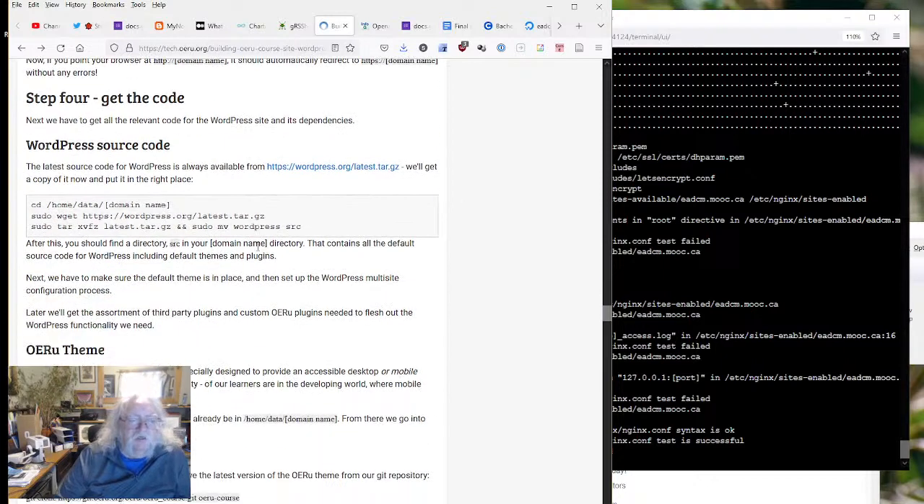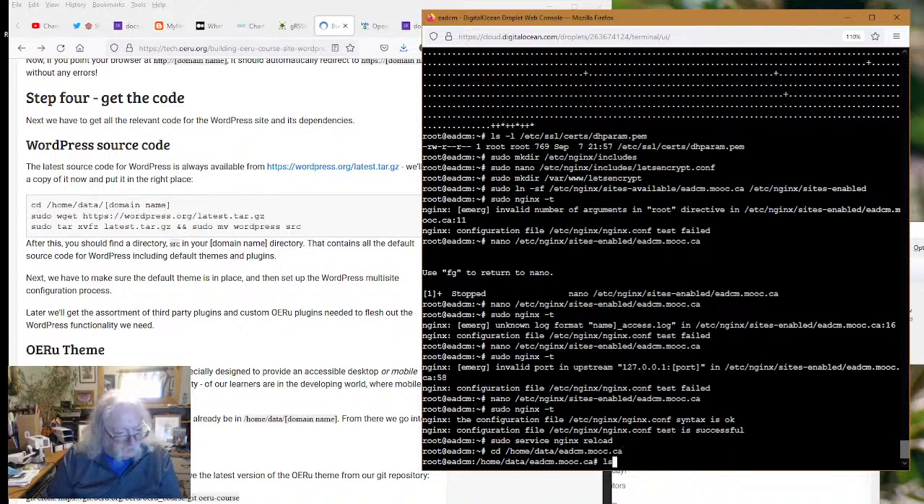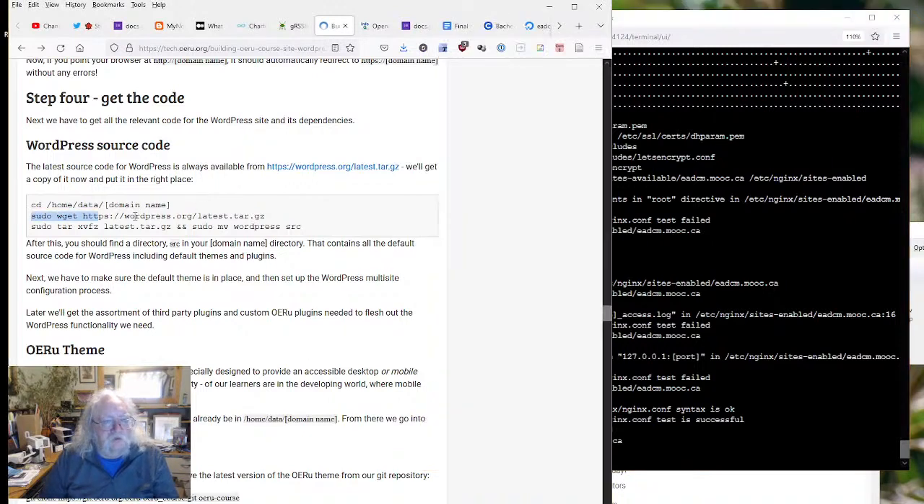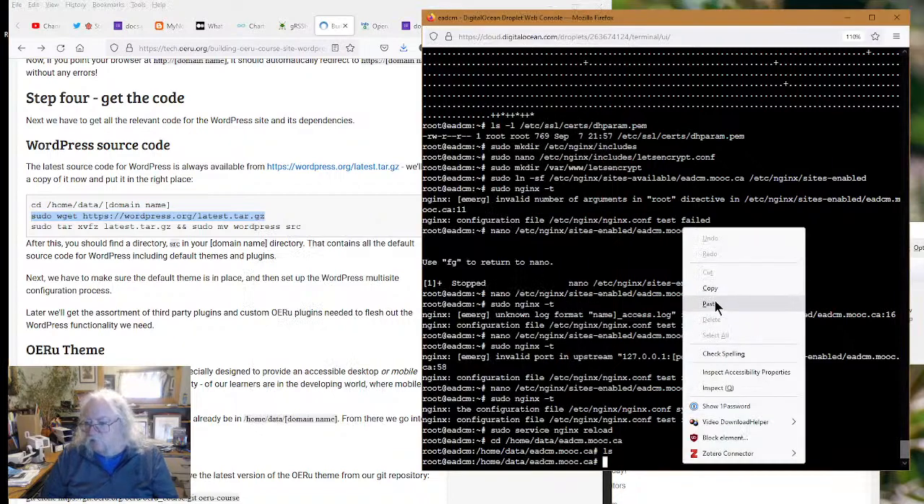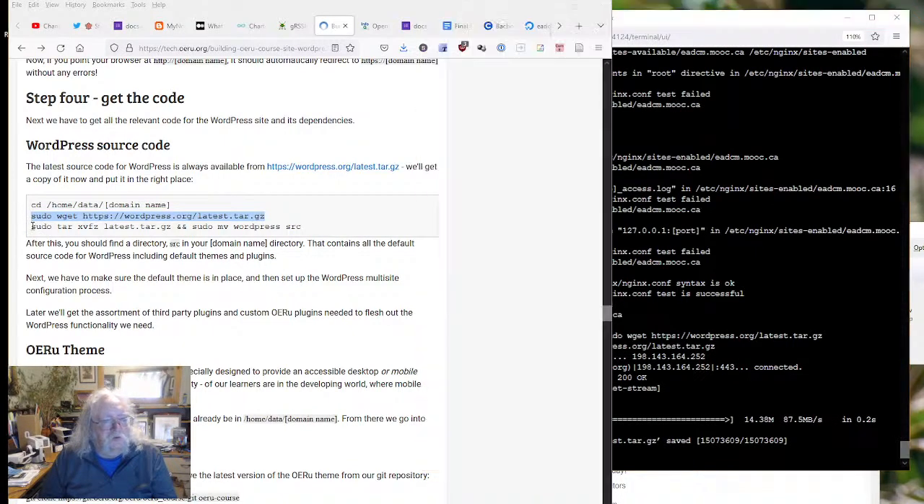All right. Get the code. cd home data domain name. cd home data. All right. Now we're going to use wget instead of curl. Okay, hope that works. Should work. Yep, there it is. And now we're going to